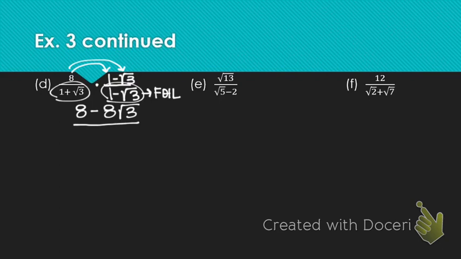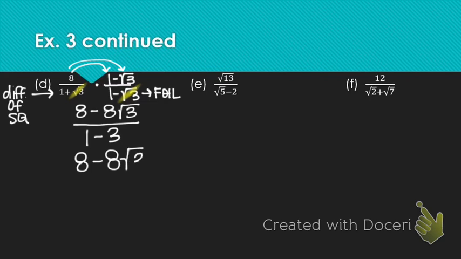So this is the difference of squares. And I want you to write this in your notes. Difference of squares. Over here beside, we're going to draw an arrow, but we're showing ourselves that this is the difference of squares. So we multiply the first terms, 1 times 1, and we get 1. And we multiply the last terms, the square root of 3 times the negative square root of 3. So we already know a positive times a negative is a negative. And again, the shortcut, the square root of 3 times itself gives me the number under the radical, which is 3. So I have 8 minus 8 times the square root of 3 divided by negative 2, because 1 minus